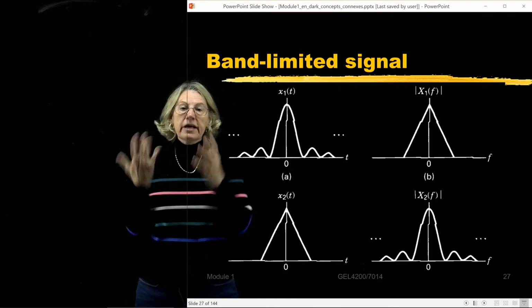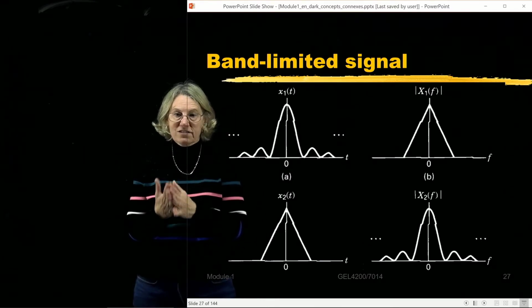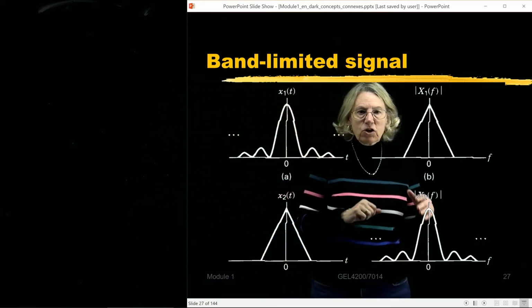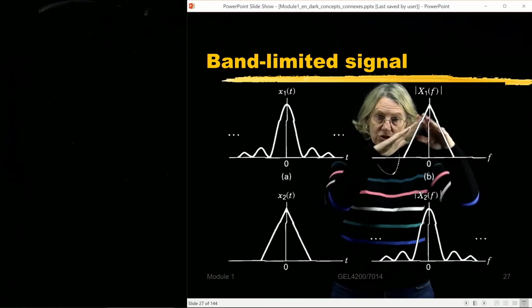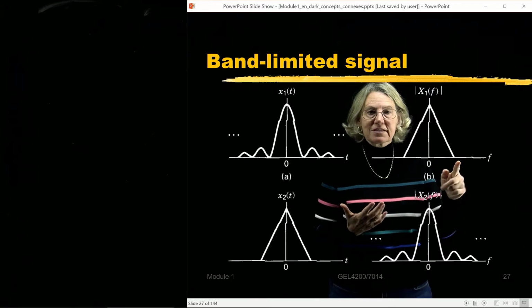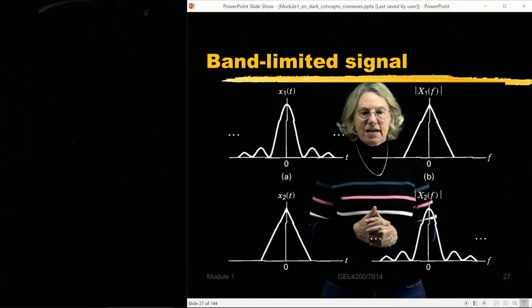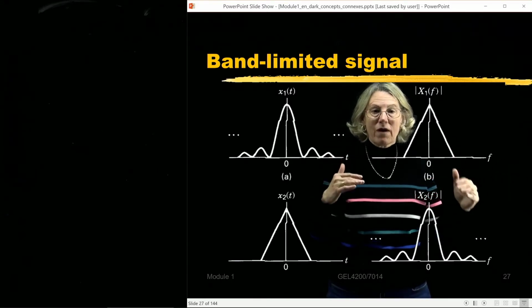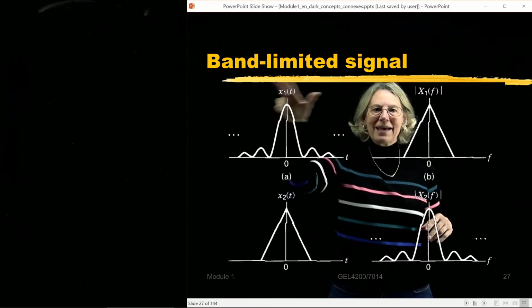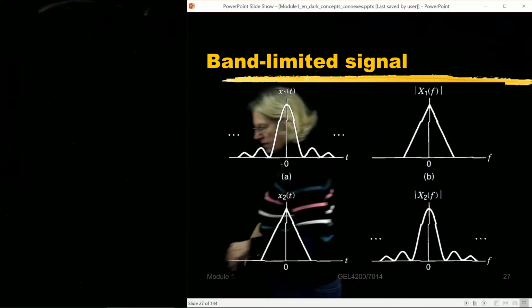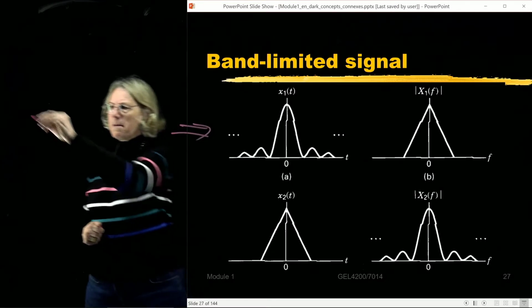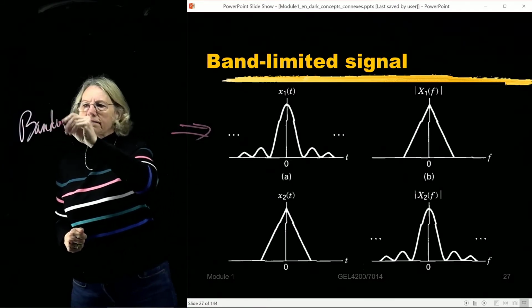Now, if I take the Fourier transform of a squared sinc, I know that the Fourier transform is a triangle. So if I look in the frequency domain, I have a triangular form, which means that after a certain maximum frequency, there is no frequency content. The frequency content is 0 after that maximal frequency. When this happens, I talk about a band-limited signal. So if I look here, this is bandwidth limited.